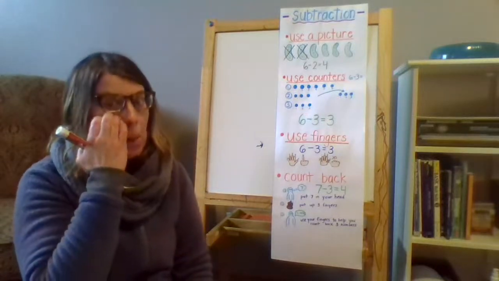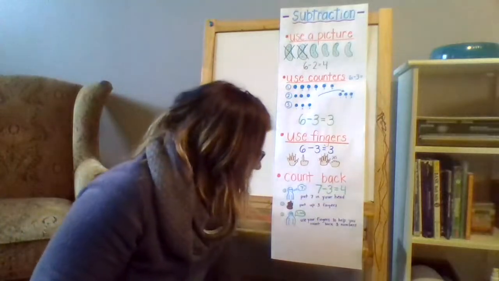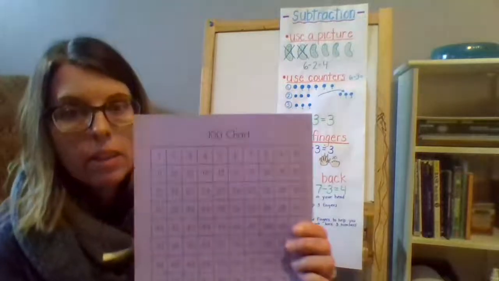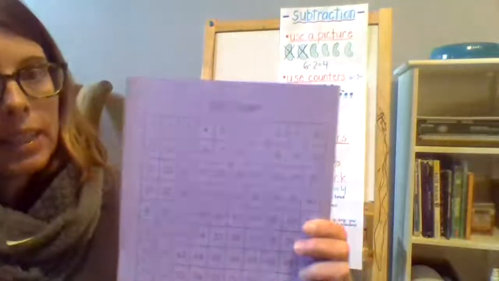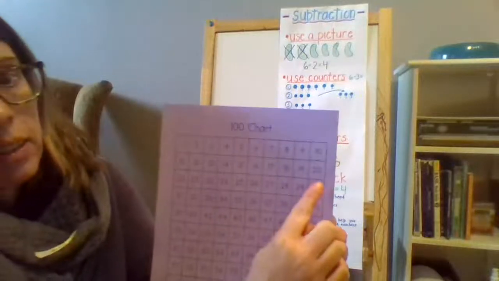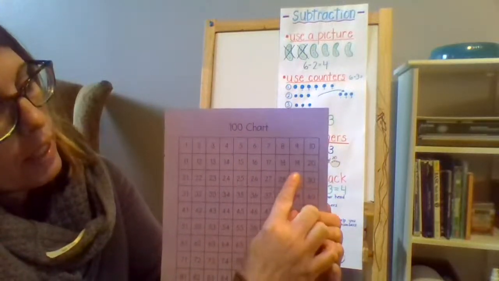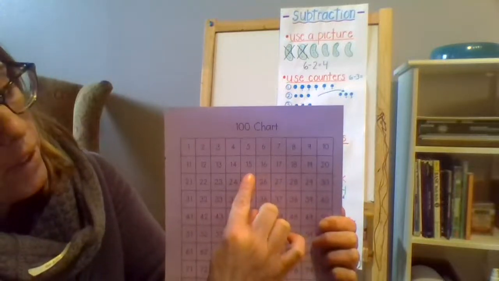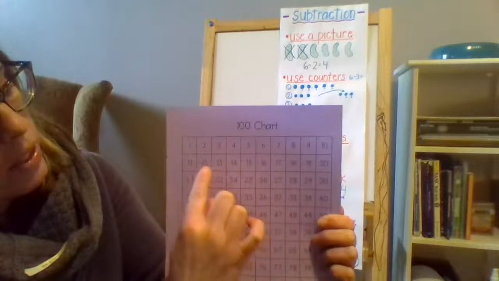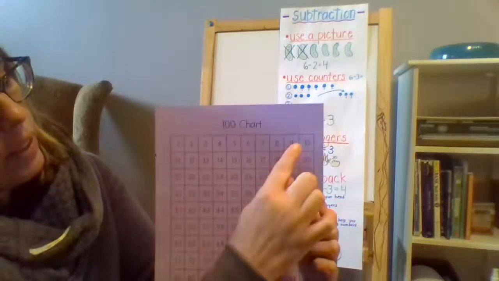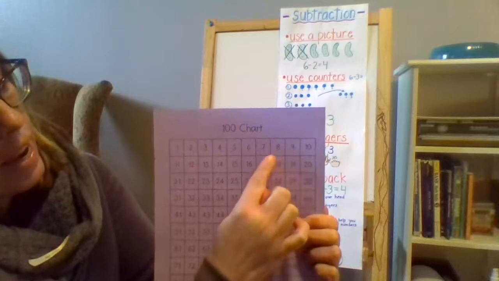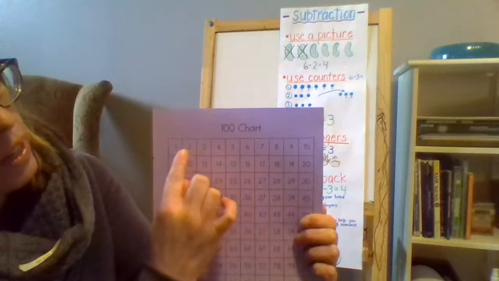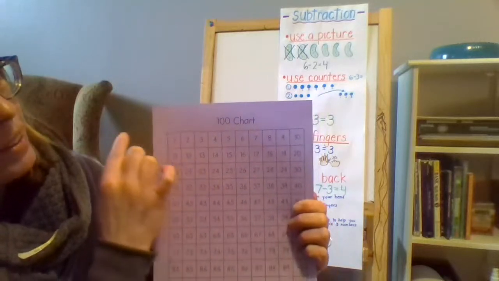Okay, you did it. Let's try something trickier. You might want to use your 200 chart or even your 100 chart for this one. Okay? We're going to count backwards from 20. Let's see if we can do that. I'm going to point. Okay, 20, 19, 18, 17, 16, 15, 14, 13, 12, 11, 10, 9, 8, 7, 6, 5, 4, 3, 2, 1, and there'd be